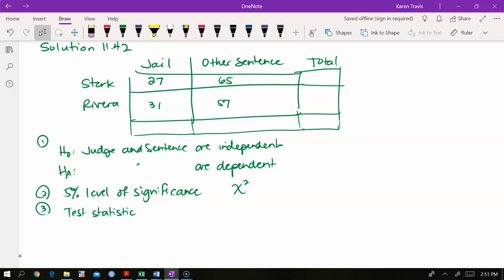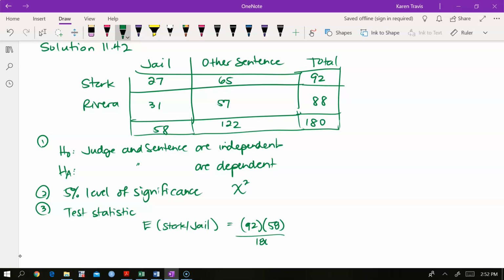So our totals are 92 for Stark and 88 for Rivera and 58 for jail and 122 for another sentence, which is a total of 180. So expected value for Stark and jail comes from the row total, which is 92, column total is 58, out of 180 gives us a total of